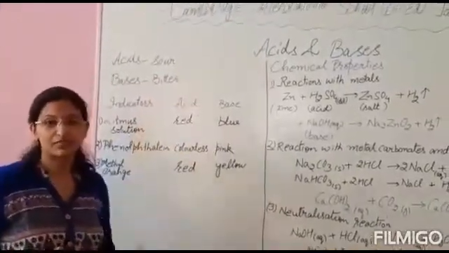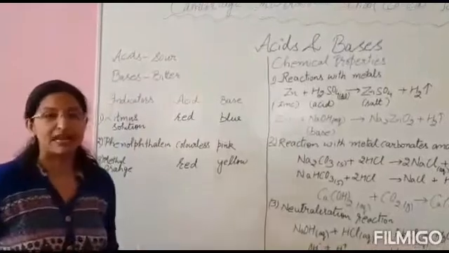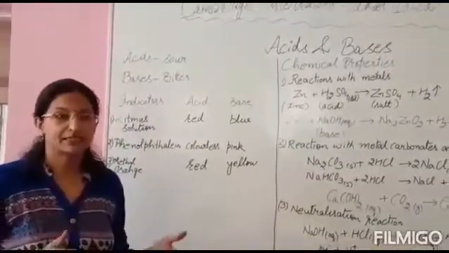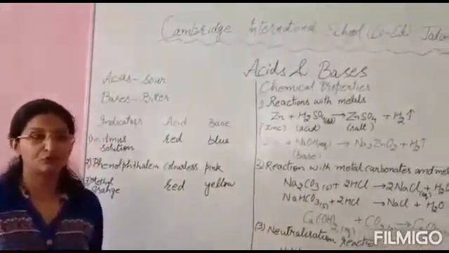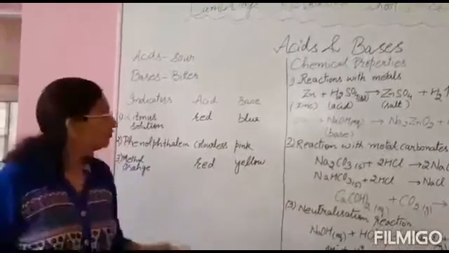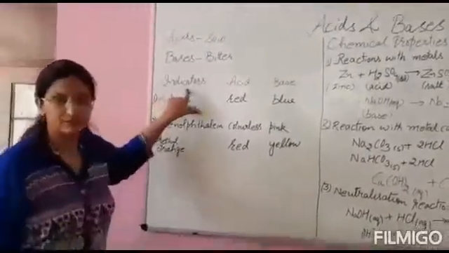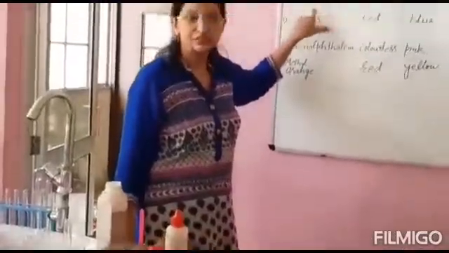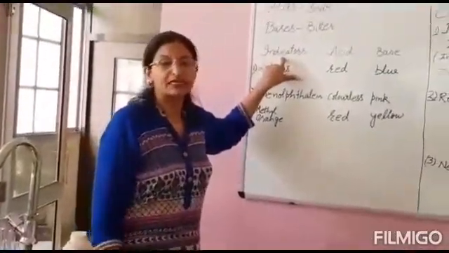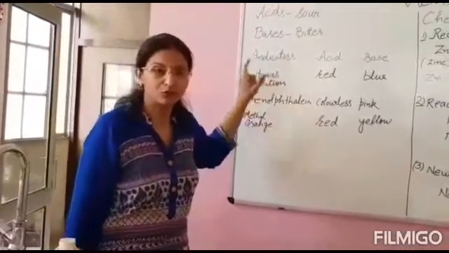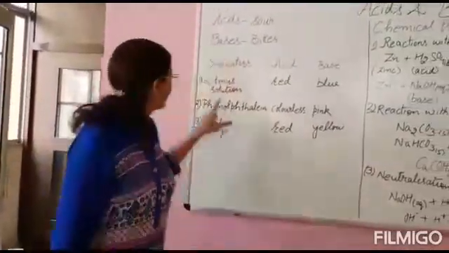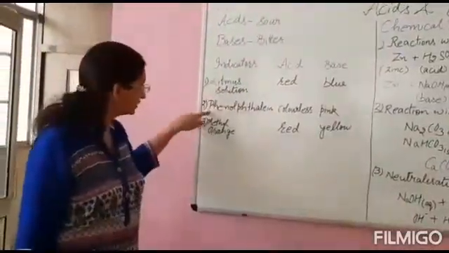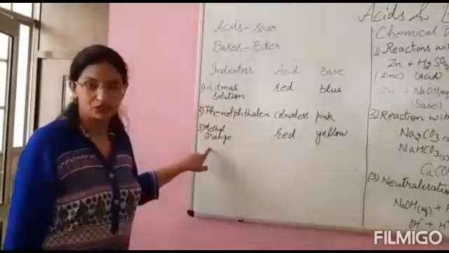But it is not advisable to distinguish between acid and base by using the taste method because it may prove dangerous. So in the laboratories, we use various indicators. As the name indicates, these are substances which we use to distinguish between acid and base. In the laboratory, we commonly use litmus solution, phenolphthalein solution and methyl orange.